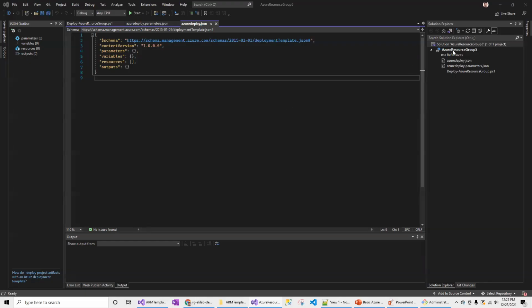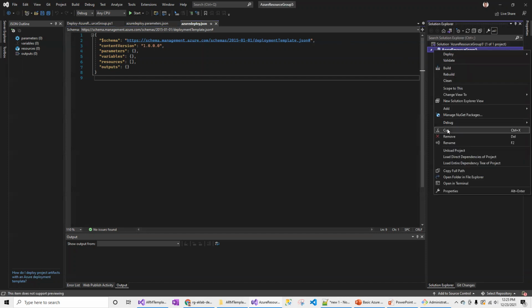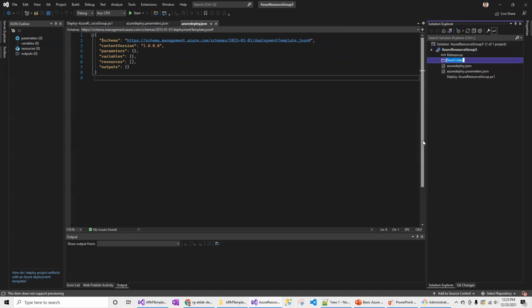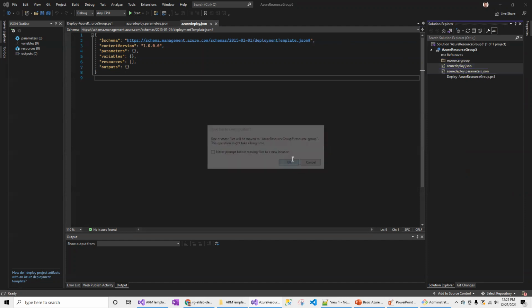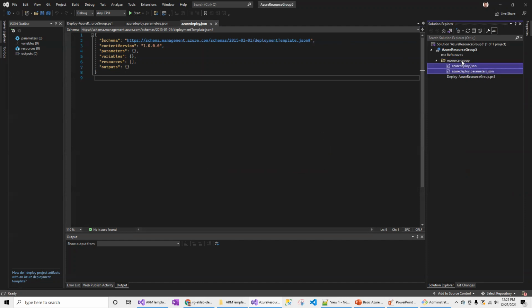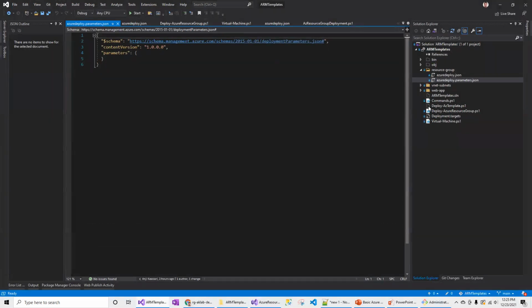The next step, once you create this blank template, is that you can create a separate folder for each deployment. So I will say resource group. I will move these empty files into the resource group folder. So I'm going to create the project like this. I've already created this project, but I'm just going in a proper way. As I mentioned, I'm trying to make this project exactly the same as your real life project.